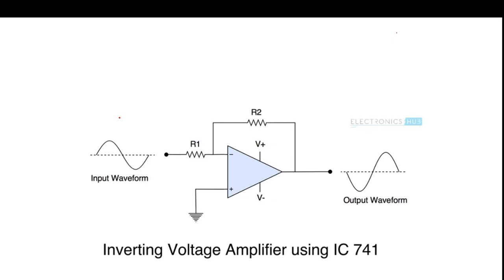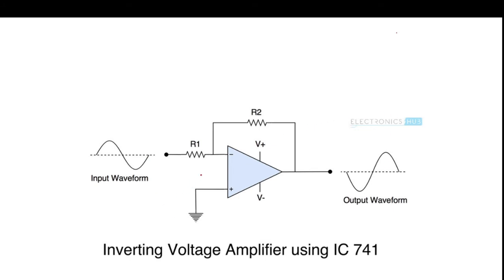So what is the definition of an inverting operational amplifier? You should write: the output signal is turned over 180 degrees with respect to the input, is known as the inverting operational amplifier. So this carries 1 mark. Next, the diagram. This is a circuit diagram of the inverting operational amplifier, which carries 2 marks.